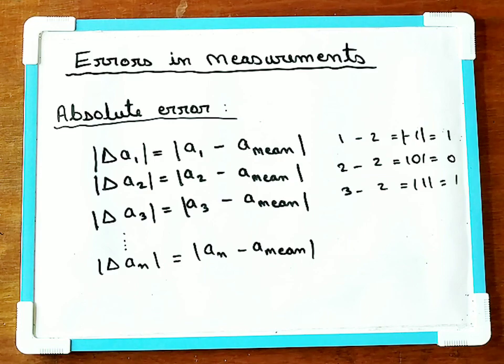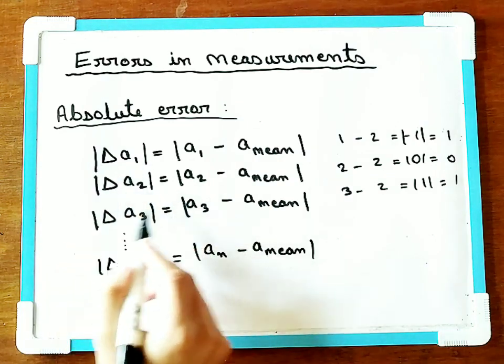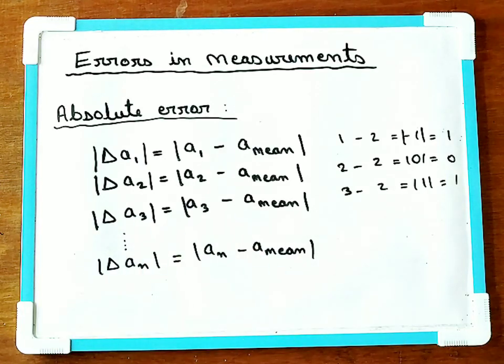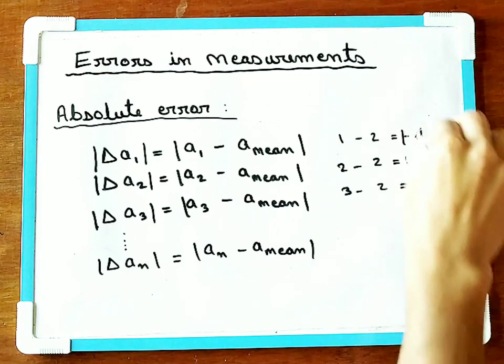So for the mean absolute error, you'll have to add all these individual absolute errors and divide it by the number of observations. So the mean absolute error,